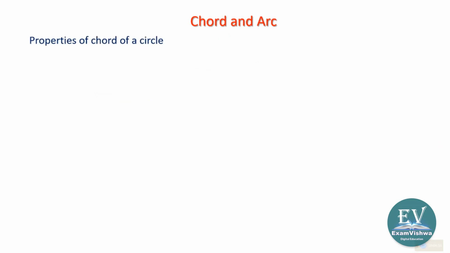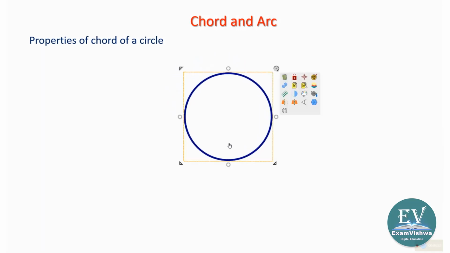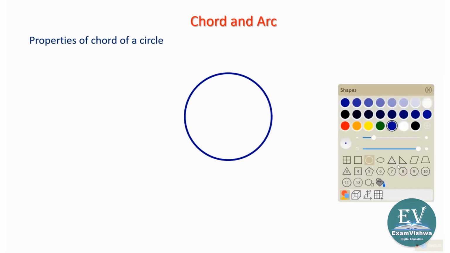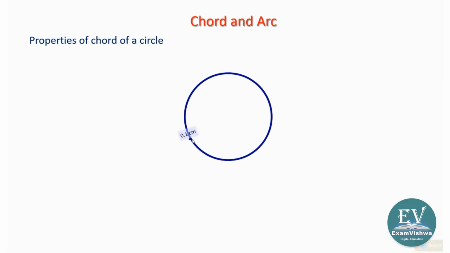First, for that we need a circle. After all, let this be the circle, and I am going to draw a chord within that. Okay, this is a chord, and let me mark the center of the circle. Let this be O. Let the chord be AB. Now we have drawn a circle, we have marked a chord within that, we have marked the center of the circle. If we draw a perpendicular from the center of the circle